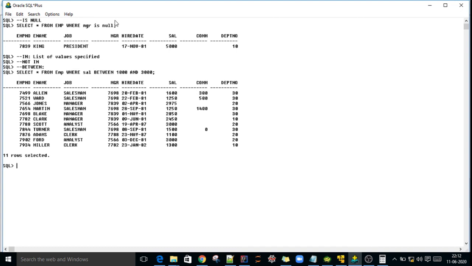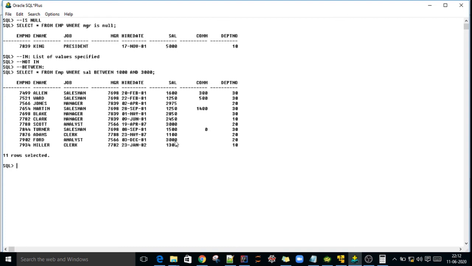See, BETWEEN will give the output based on the column and its lower bound, this is the lower bound, and upper bound. In between values it will print if you use BETWEEN these two values. So all salaries lie between 1000 and 3000 only, right?